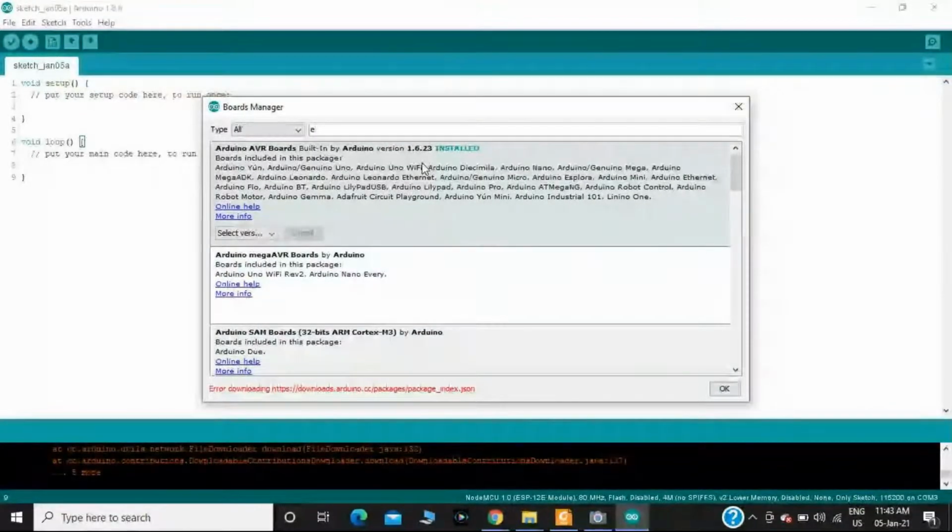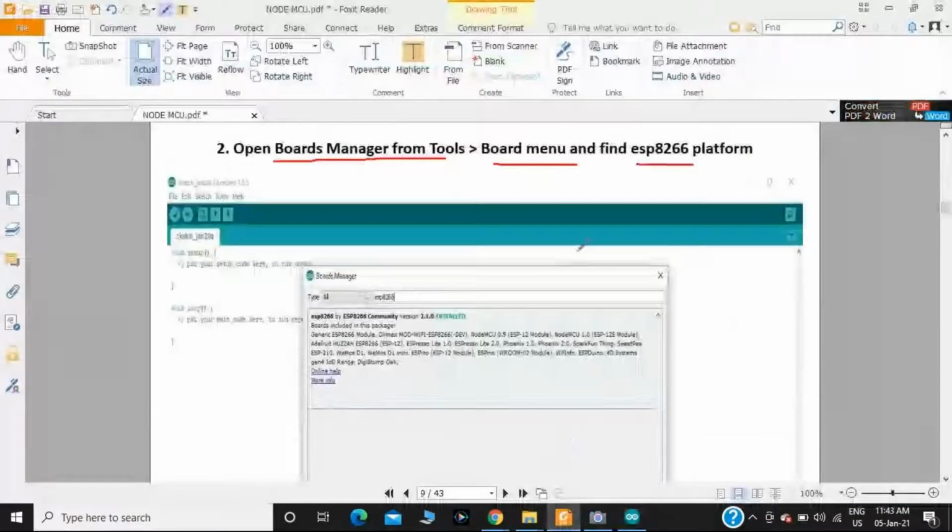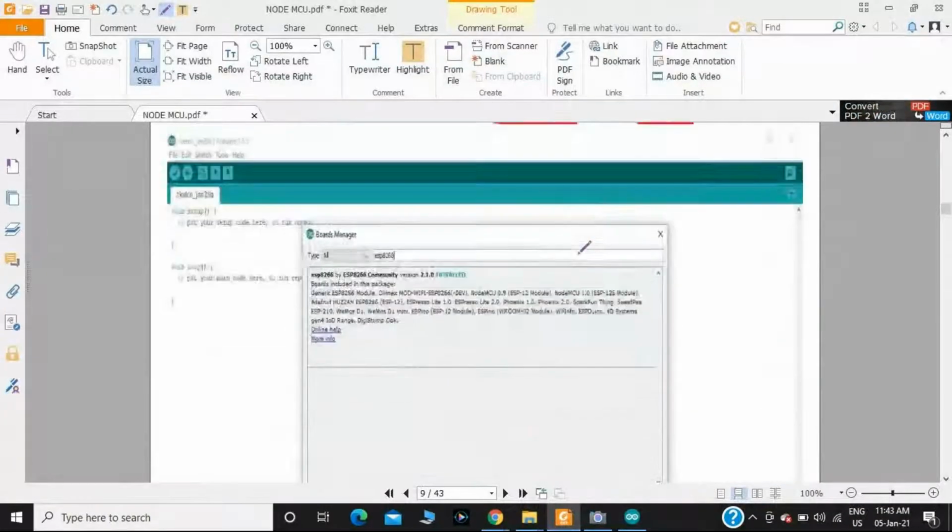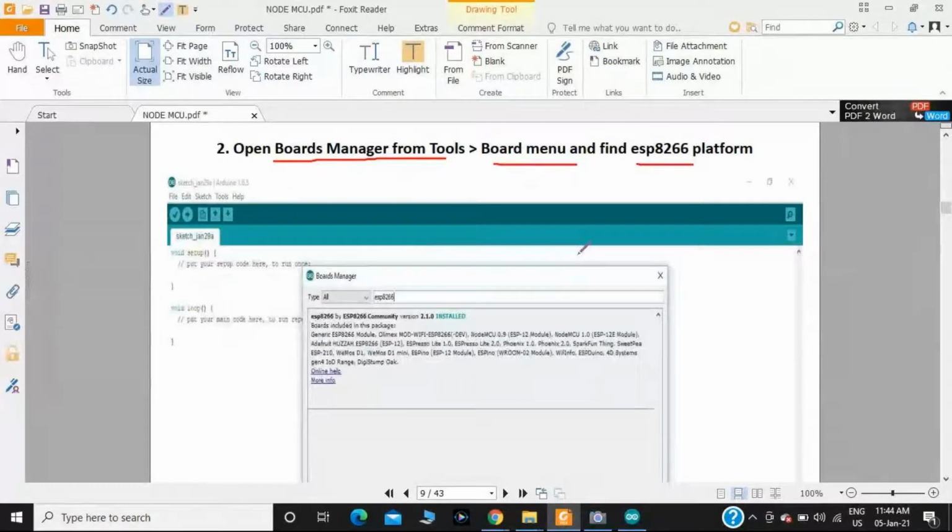Now in the Board Manager, that's why I told you the purpose of using the Arduino IDE. It is open source with extensive hardware support. Here it is supporting n number of hardware. Like this way we should add the board manager related to Node MCU to the Arduino IDE.